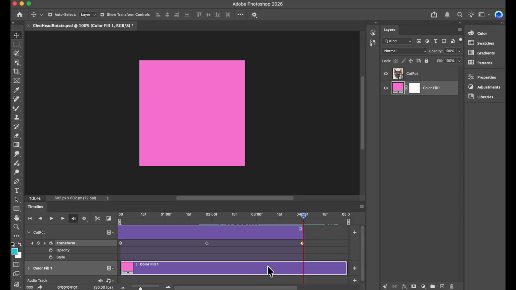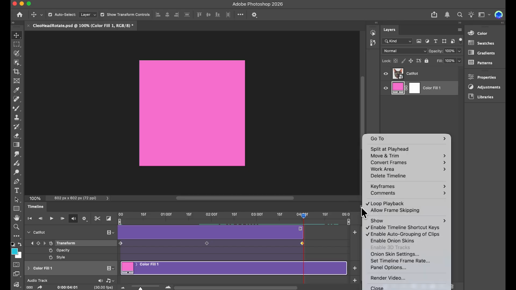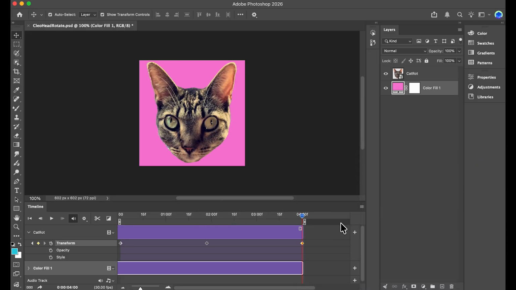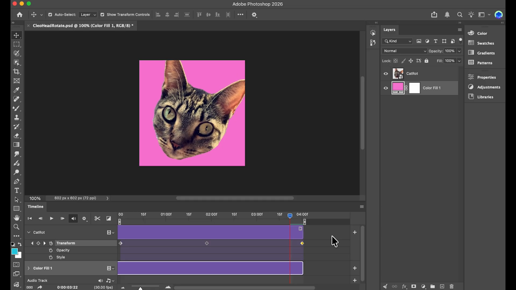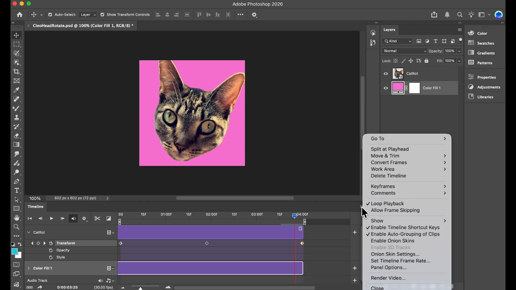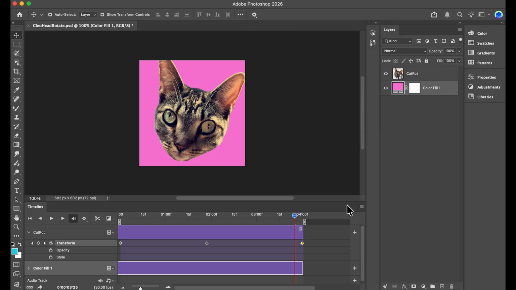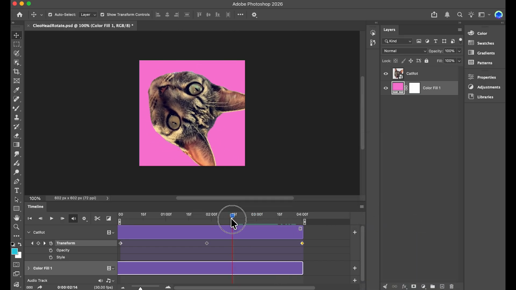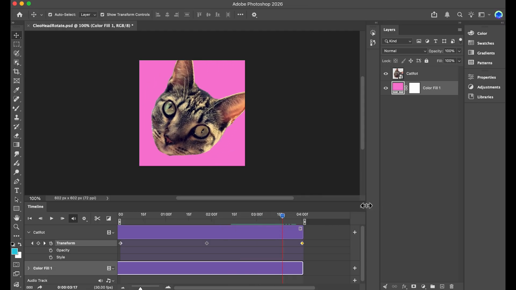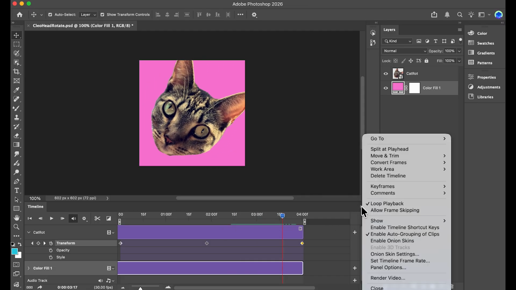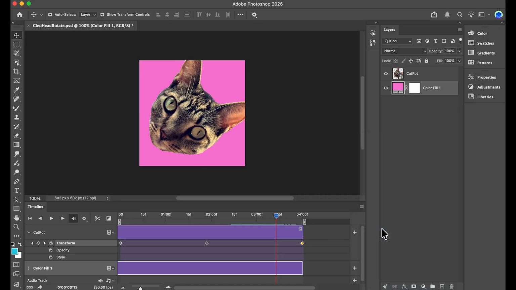here, on the color fill, go to the little sandwich here, these little lines. It gives a flyout menu, and let's go to Move and Trim, Move End to Playhead. Okay, so now if we move through, I'm using my little arrows, and if you're not able to use your arrows, go back to this little menu and go to Enable Timeline Shortcuts. I'm going to turn mine off, and then I realize I cannot move with my arrow keys on my keyboard. I have to use the playhead here. So if you want to be able to use your arrow keys to move through the frames, go up here, enable timeline shortcuts, and then you can move that, and that's kind of nice.